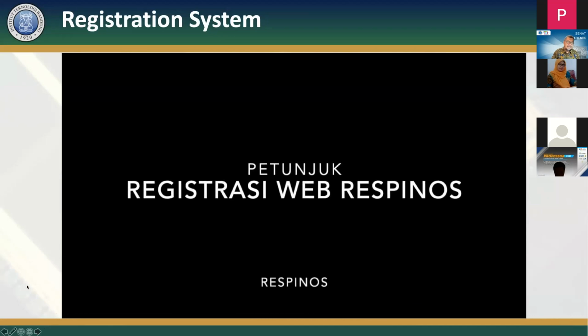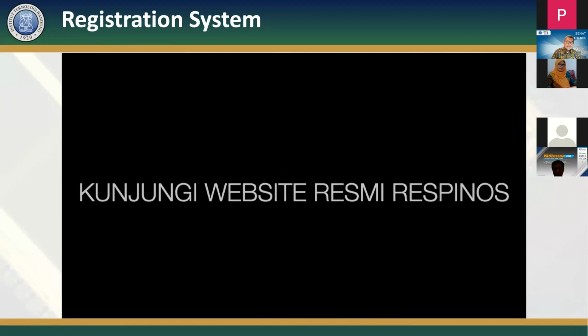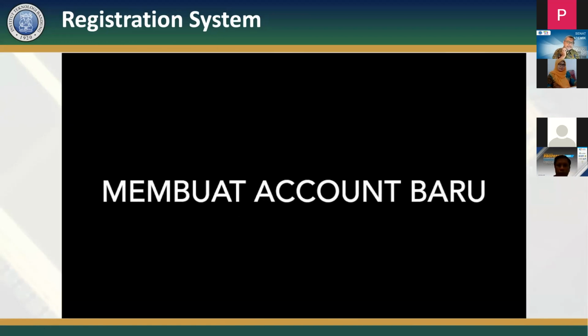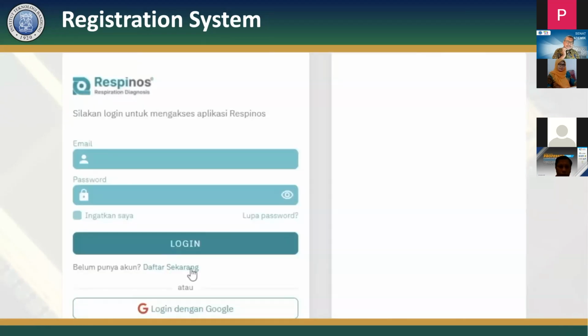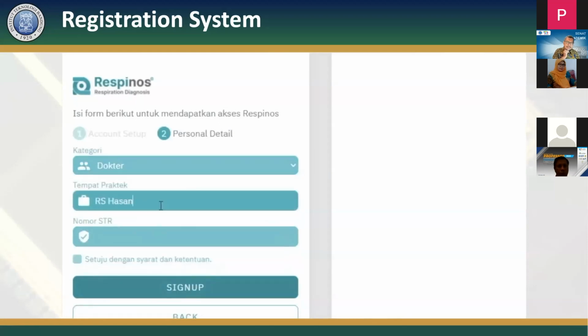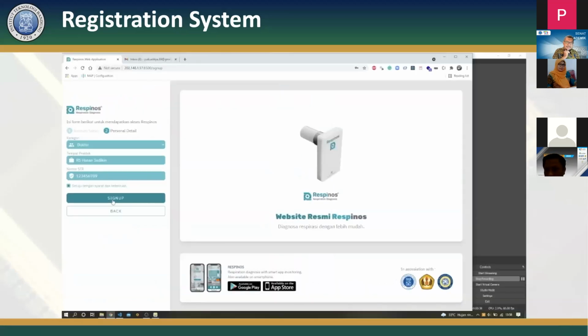And in the website itself, we also designed something like a registration system. So the user can register their new device here to connect the Respinos. And also the doctor also has to have an account. They put their hospital